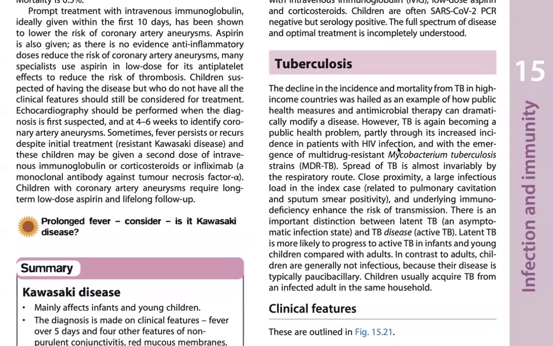TB: the decline in incidence and mortality for TB was hailed as an example of how public health measures and antibiotic therapy can dramatically modify disease. However, TB is again becoming a public health problem, partly through its increased incidence in patients with HIV infection and with the emergence of multi-drug resistant mycobacterium, MDR-TB. Spread of TB is almost invariably by the respiratory route. Close proximity to large infectious doses from the index case is related to pulmonary